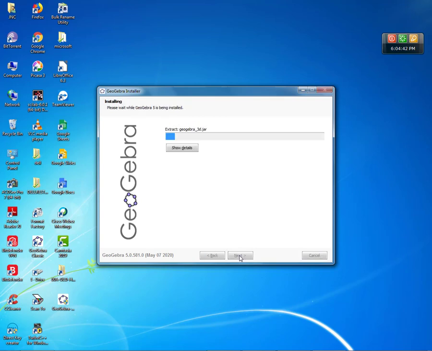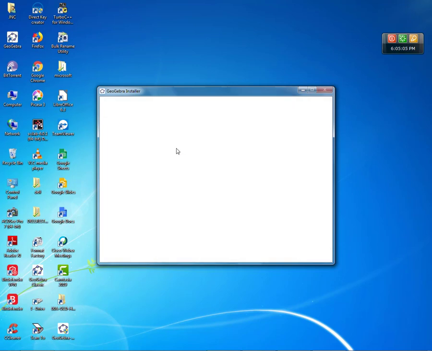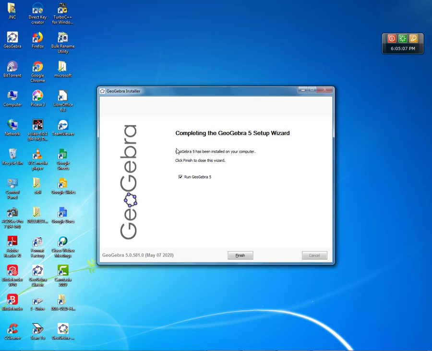We just click the install button and the dialog box appears. We can observe that it is quickly installing GeoGebra on your computer. If you want to see the details, you can also see the details here. Now it is telling us that it is on the verge of completing the GeoGebra 5 setup. GeoGebra 5 has already been installed on your